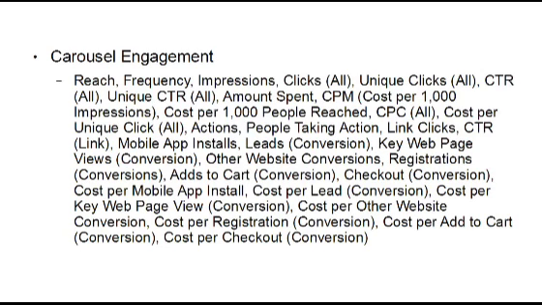Then there's carousel engagement if you're running a carousel ad. Bear in mind, not all of these statistics that we're going to go through here are going to apply to every single type of ad. So this is to do with carousel ads and carousel engagement, and that includes the reach, frequency, impressions, clicks, unique clicks, CTR, unique CTR, amount spent, CPM, that's cost per 1,000 impressions,